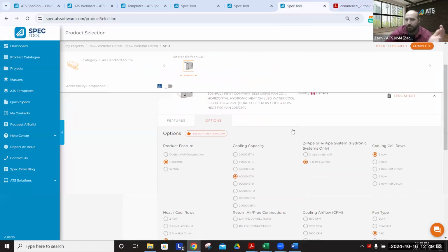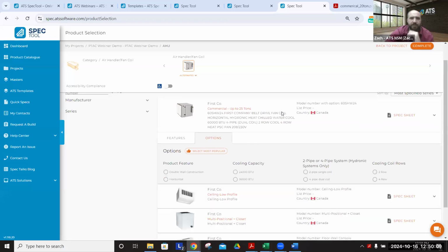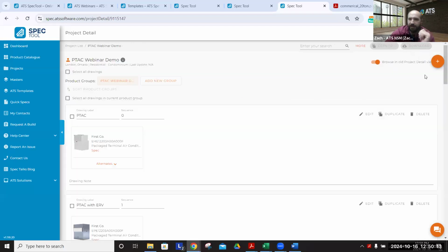So I don't know, do you want to walk through a selection of this one, Jeremy, or do we want to walk through more of the PTAC side? This one specifically is very engineer focused and customizable. So let's do the PTAC. It's more straightforward. Perfect. So let's just go back to our project, and then I'm going to hit that same